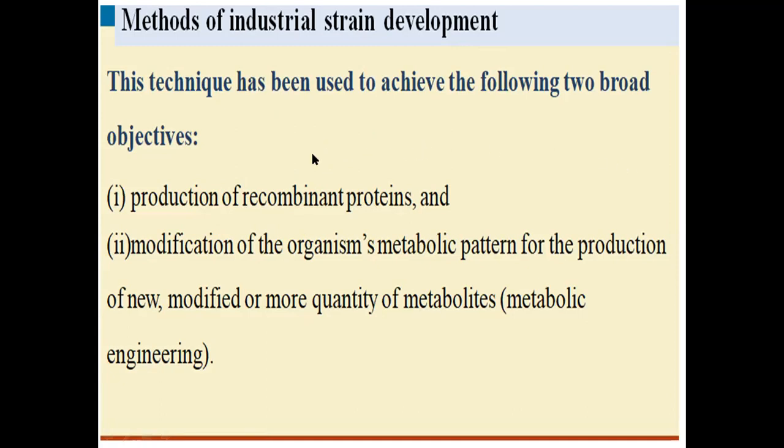Normally it will only have one copy of the gene. You can induce several copies of the gene within the host, so that so much of the yield will be produced. Otherwise you can stimulate the protein production by putting a strong promoter. So many manipulations you can do by using recombinant DNA technology. So after you have done all the strain improvement, you will be going for your production.